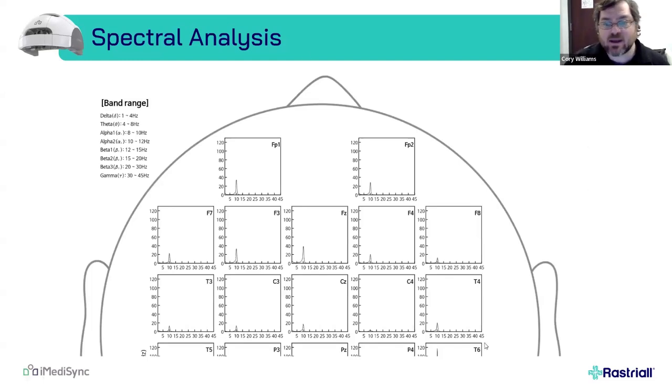Now, this is from the iMediSync software. And what you can see here is where activity is peaking and where it's highest in a given frequency range at a given sensor. So looking at this head, we can see at FZ, the alpha is higher than in all the surrounding sensors. And high alpha in FZ can be a marker for depression or OCD or anxiety. Shari will talk more about clinical presentation, but that's helpful for us as clinicians to know.